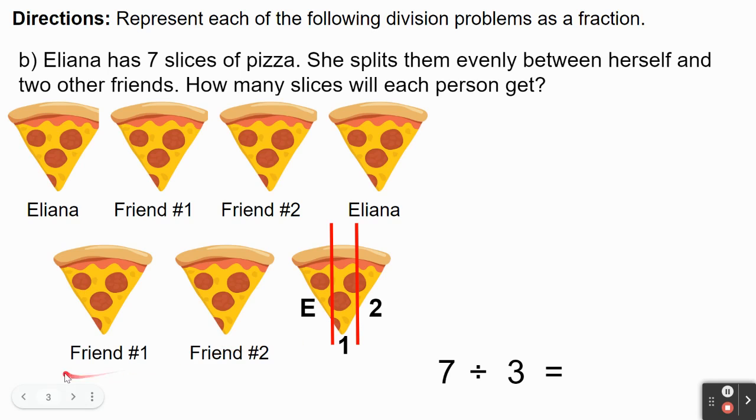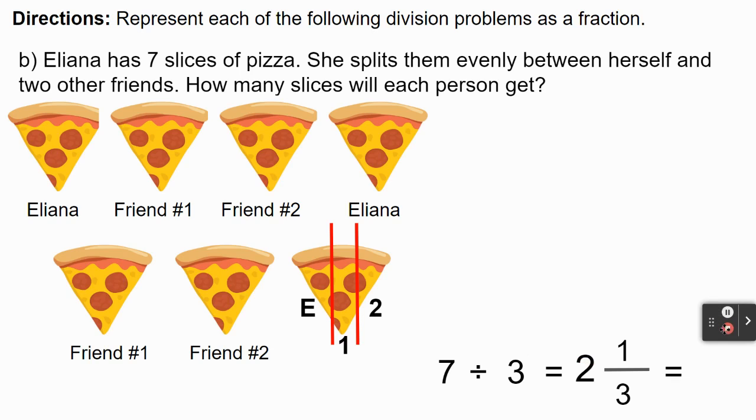Well, here we can see that Eliana is going to get 1, 2 whole slices, and a third of another slice. So she's going to get 2 1/3 slices. We can rewrite this by rewriting this as a fraction greater than 1. If we look, we can see that each person is going to get